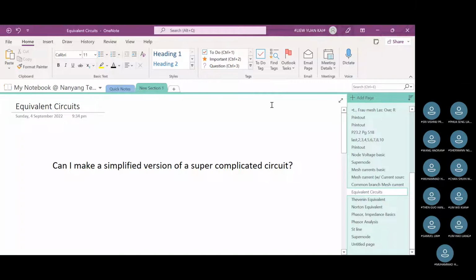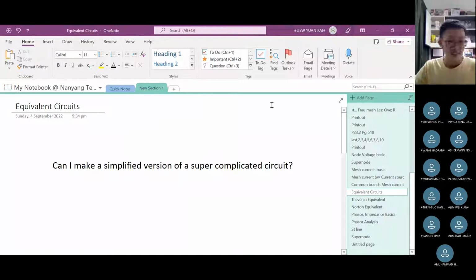Okay, so let's start. This week we're going to talk about equivalent circuits. Okay, what is all that? The Thevenin theorem, the Norton theorem sounds very scary, but don't worry. The main question that this chapter asks is this: can I make a simplified version of a very complicated